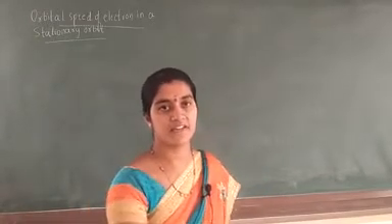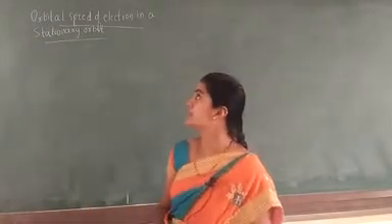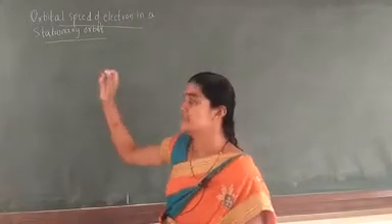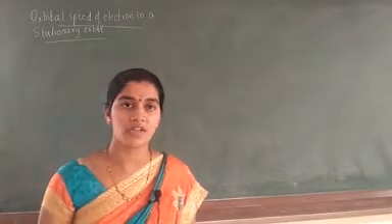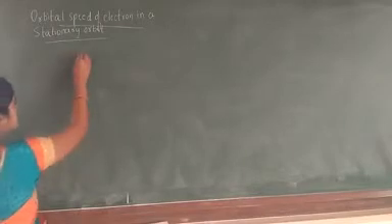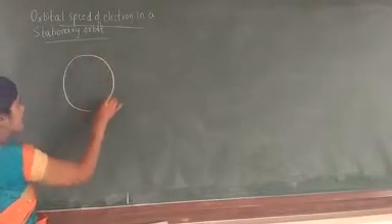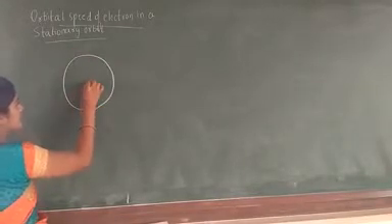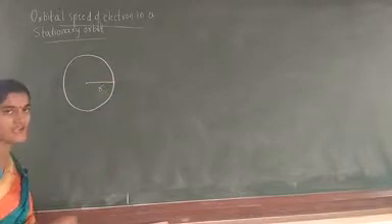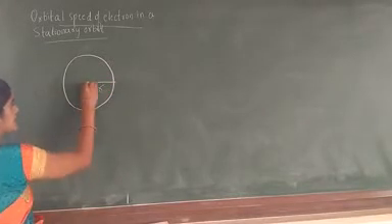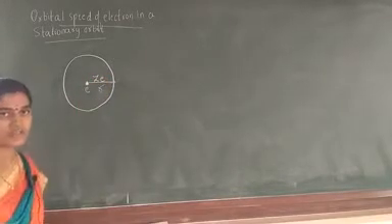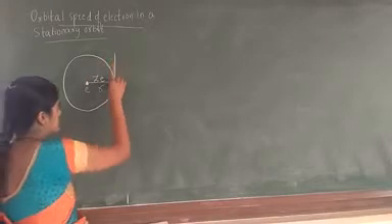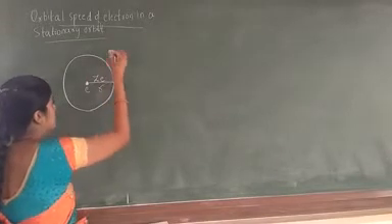Today we are studying the derivation of the orbital speed of the electron in the stationary orbit. In the last class we studied the radius of an orbit. Now let us consider a diagram. Here we are considering the radius r and the nucleus, which has charge Z. The electron is moving around the nucleus. Now this distance we are calling v.